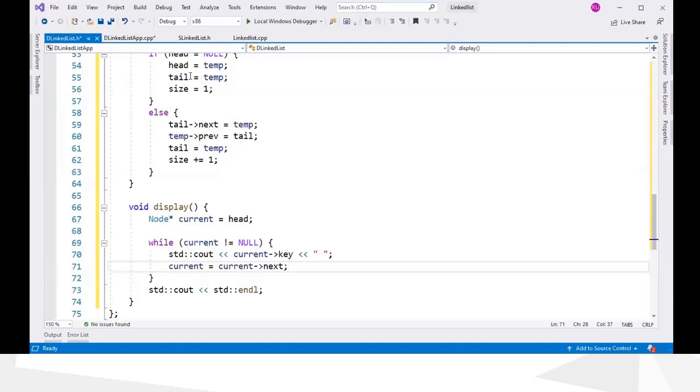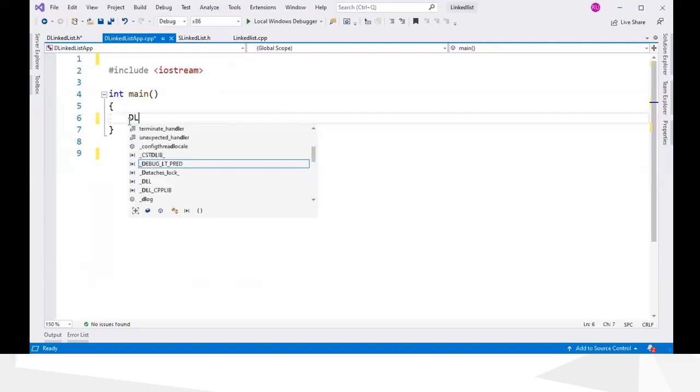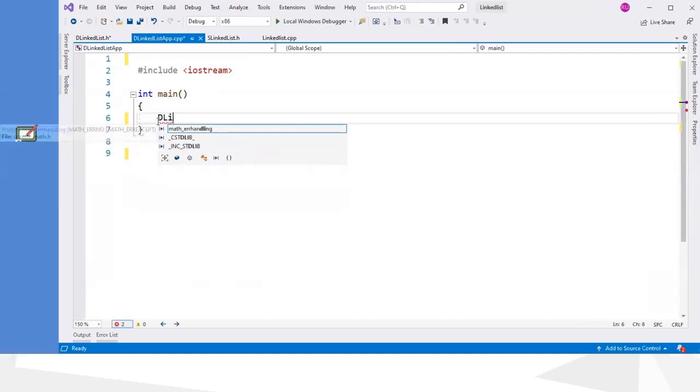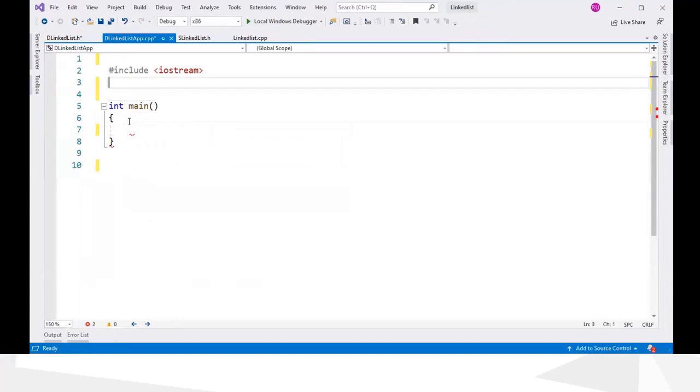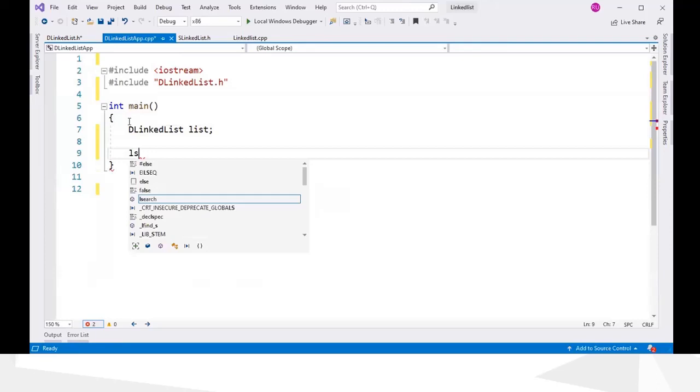Okay, so now we have all the functions we need, and we go to main and display. So we can create the linked list. Before that, we have to include the header file, list.